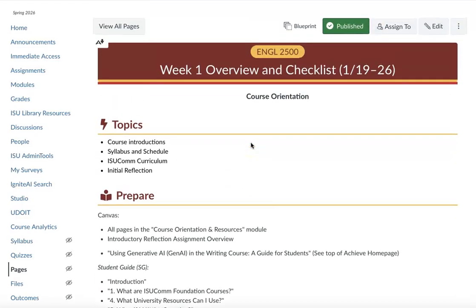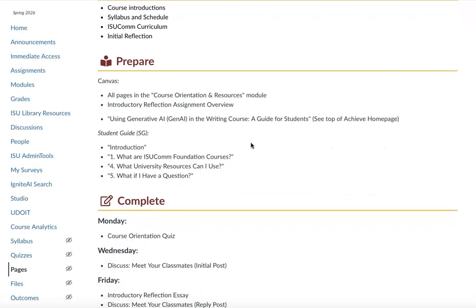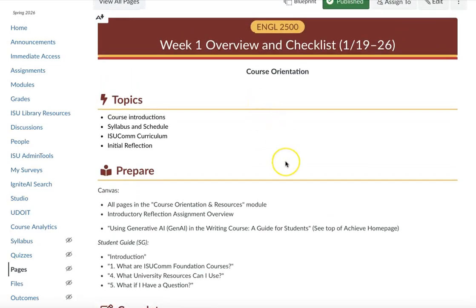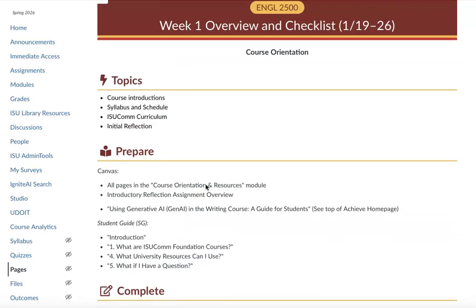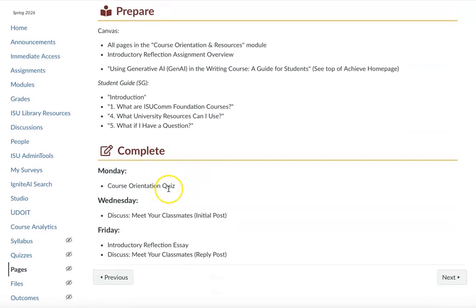Now, I'll mention that this checklist should not be taken literally. The reason I say this is because I don't want to overwhelm you by posting every single thing that you're supposed to do in this checklist. This is supposed to help you stay organized. You're supposed to be doing some readings, at your own convenience. There's no specific timeline when you're supposed to complete this reading, other than you're supposed to do it in this week. There is a quiz for you to take on course orientation,